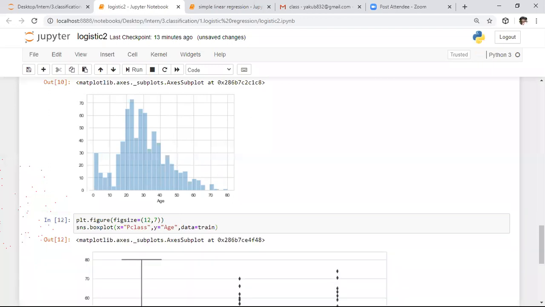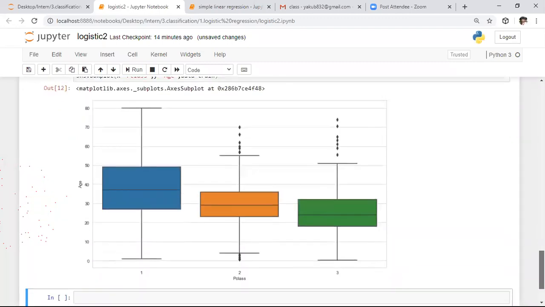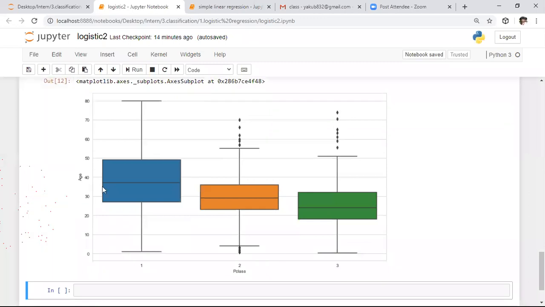Whenever you observe the output, here we got this as an average value. If you observe this data, the persons who traveled in passenger class 1 approximately lie in the age group of 37. The average age of passenger class 1 persons is 37 years. Like that, the average age of passenger class 2 is approximately 28 years.